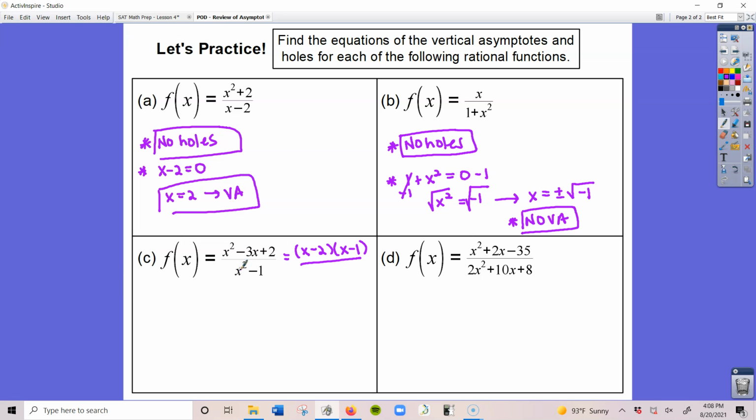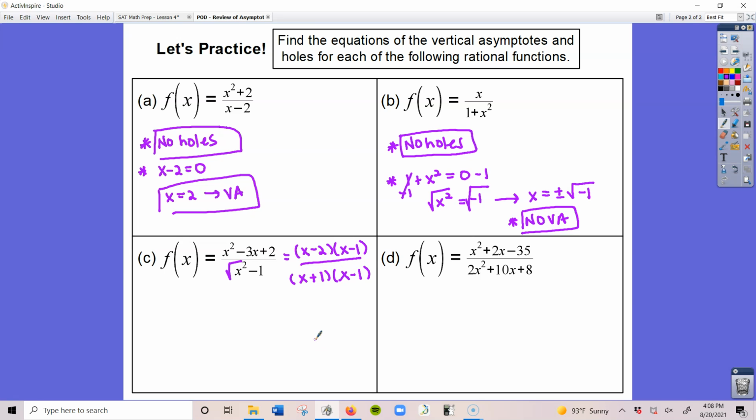In the denominator, x squared minus 1, this is a difference of squares. First of all, it's a difference because of the subtraction. X squared is a perfect square, and 1 is a perfect square. So as a reminder of how to factor a difference of squares, we square root the first term, so x. We square root the second term, which the square root of 1 is 1. But remember, when we square root, it's always plus or minus, so we're going to make one factor positive and